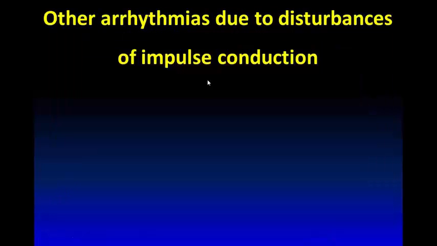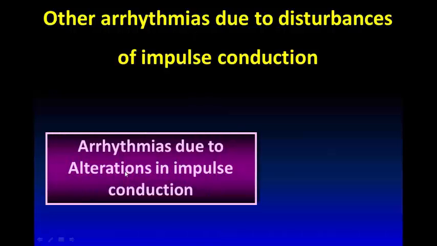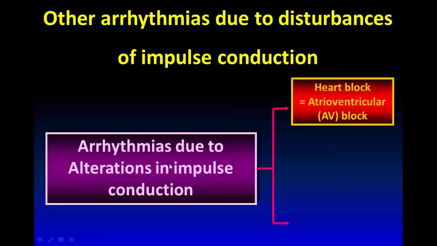So we have now described the arrhythmias which are due to alterations or disturbances of impulse formation. And now let's move on and describe the other arrhythmias which are due to disturbances of impulse conduction. Remember, we have considered the reentrant arrhythmia as a form of arrhythmia due to abnormal impulse formation, and it is also considered as an arrhythmia due to abnormal impulse conduction, because there is also an abnormality in the conduction of the impulse. The arrhythmias which are due to alterations in impulse conduction are further subclassified into heart block, which is known as